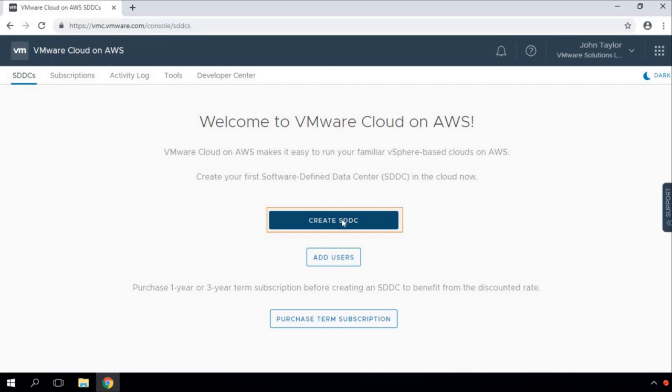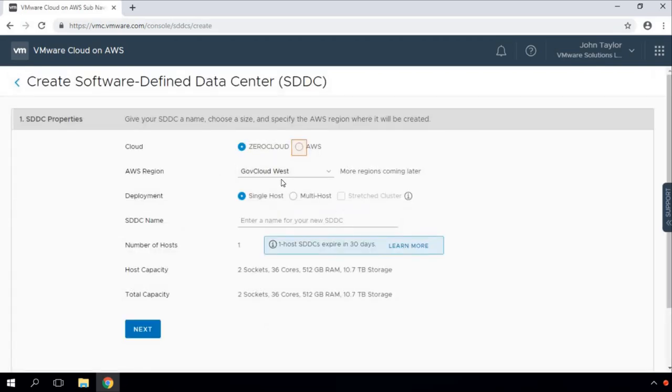To create the SDDC, you have to go and click on create SDDC. When we click on create SDDC, you do see that there are a bunch of options available and we need to provide those configuration details as a part of VMware Cloud on AWS SDDC deployment. Now let's understand what these properties or options are that are being asked for this particular deployment.